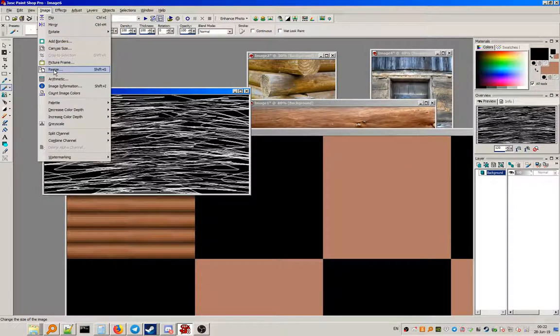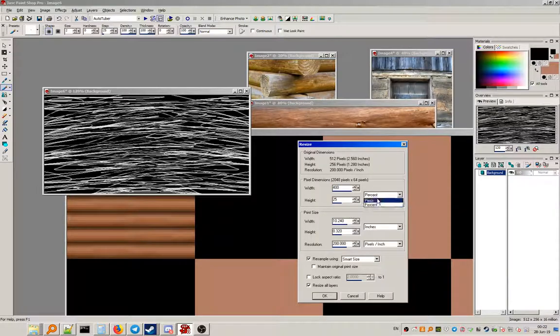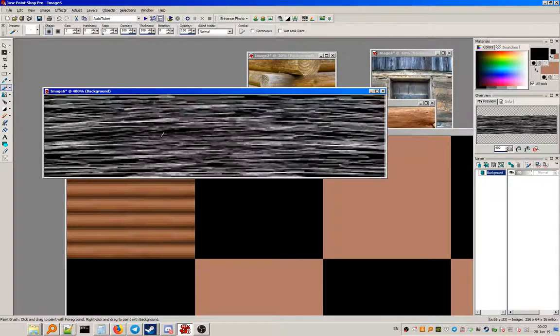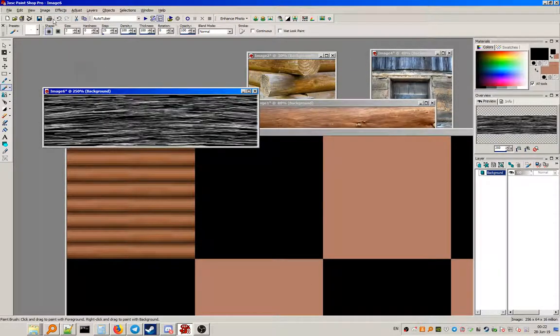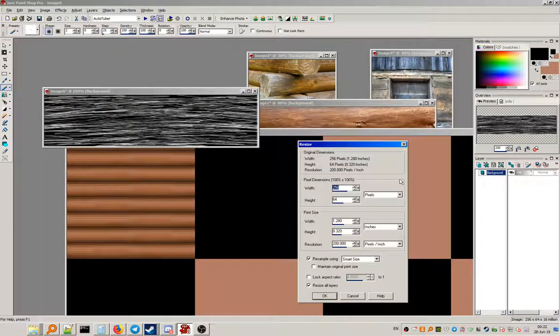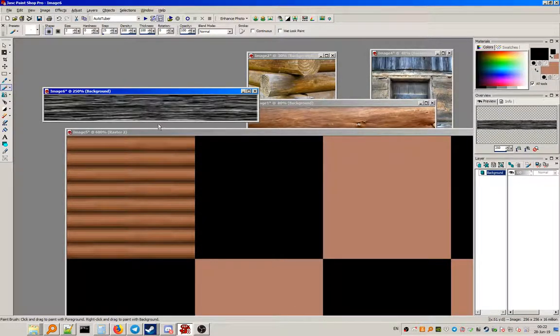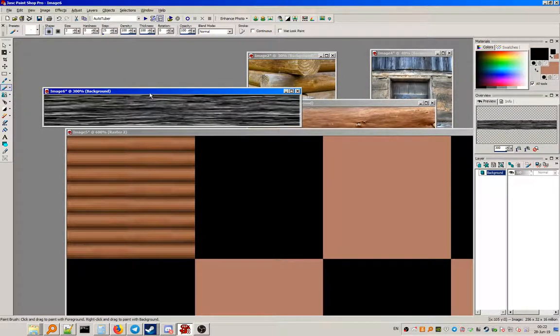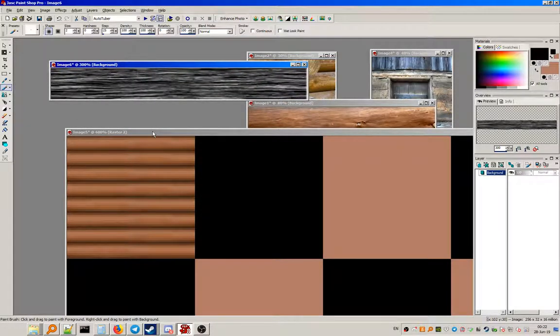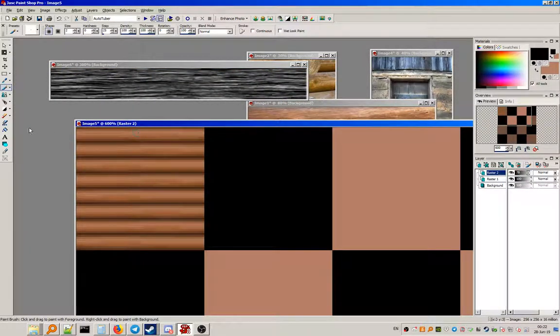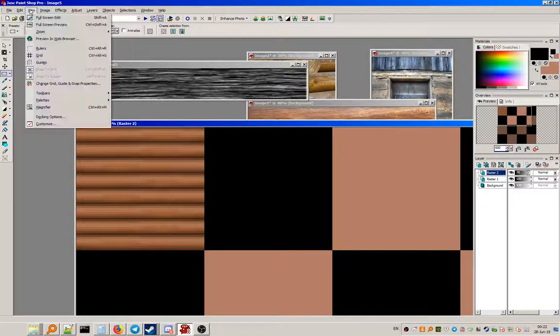And now let's just resize this to be a fraction of its height. Maybe even more. There we go. That looks better. So now we have that image open. I'm going to use my paint bucket tool here and select,